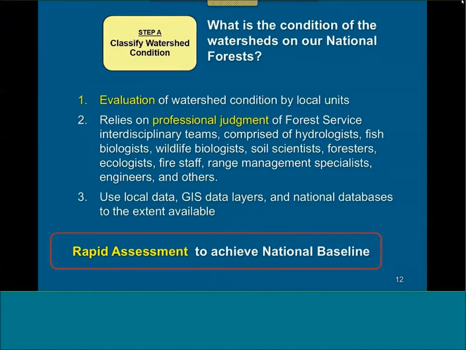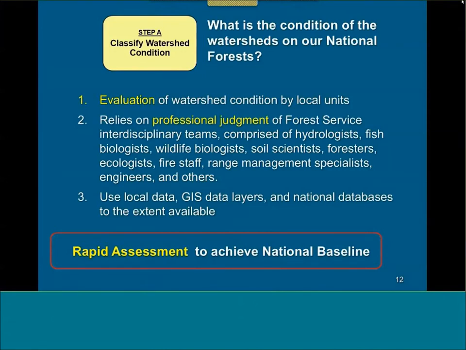Now, one thing that we're real proud of is on the Watershed Condition Framework, because this is a nationwide effort that was done on a consistent basis. And to do that with the Forest Service, or any one of the land management agencies, on a large scale to develop that consistency is a very difficult thing to do, especially since some areas are data rich and other areas might be data poor, and so trying to write standards to follow